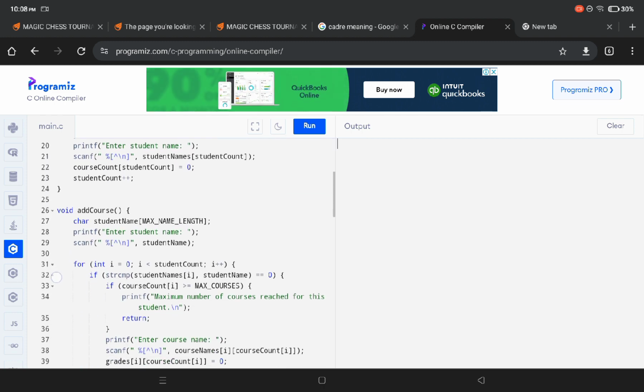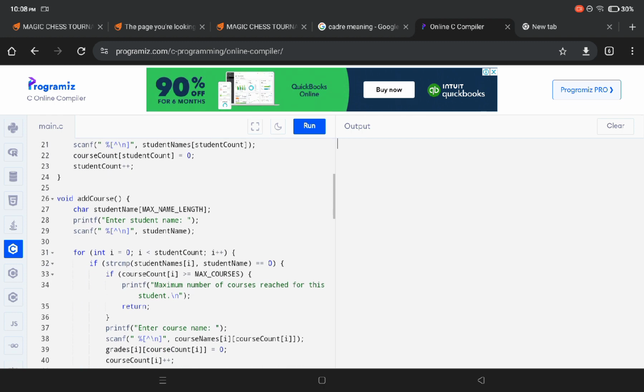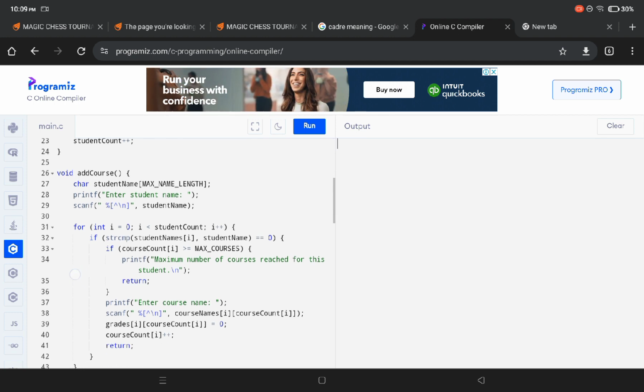Next, we have the function void add course. The purpose of this is to add courses for a specific student. It prompts the user to enter the student name and stores it in the student name. It iterates through the student names array to find the matching student. If the student is found,